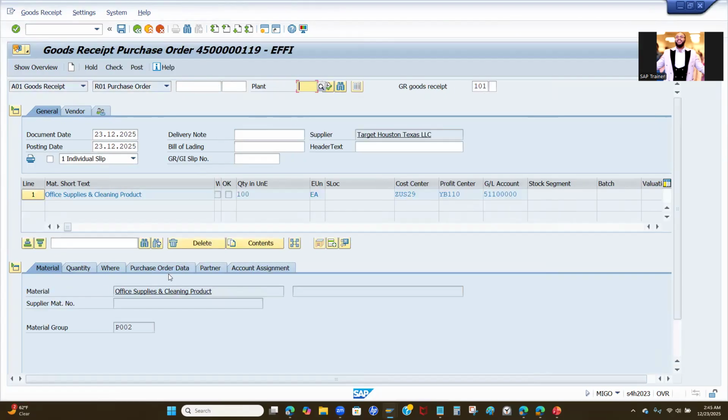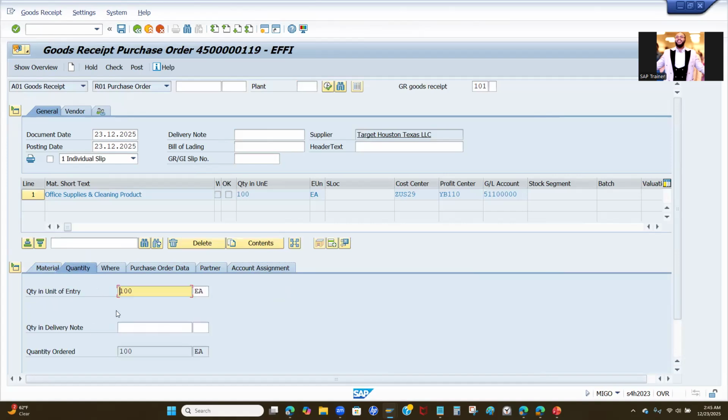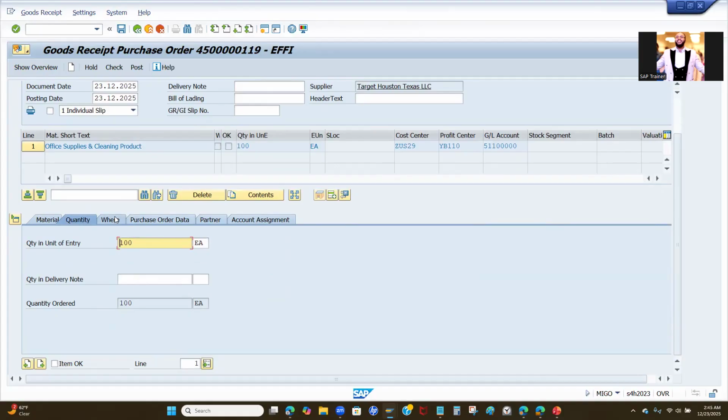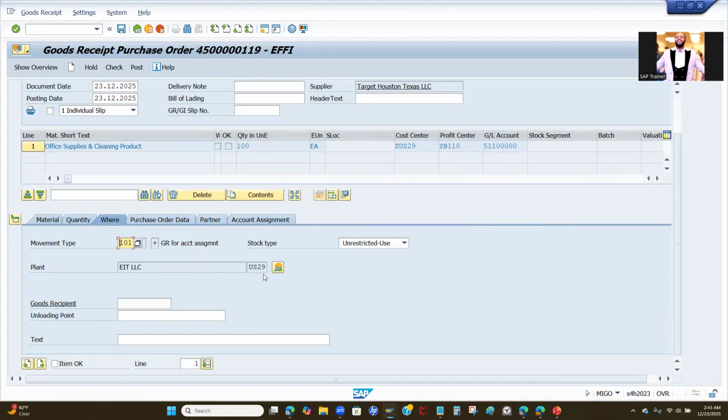All right, so now you can see your short text, okay? You can see the material group, the total quantity you placed the order for. You can see where it's going into. You can see the movement type, goods received for account assignment, okay? So even though the stock type is unrestricted use, you can see here that the plant is US29, but there's no box for